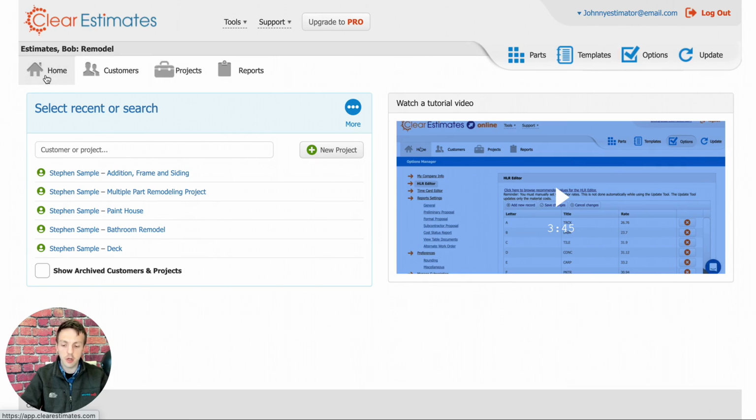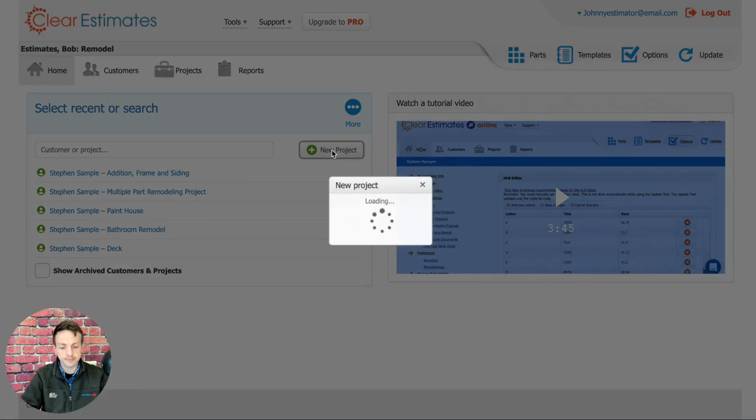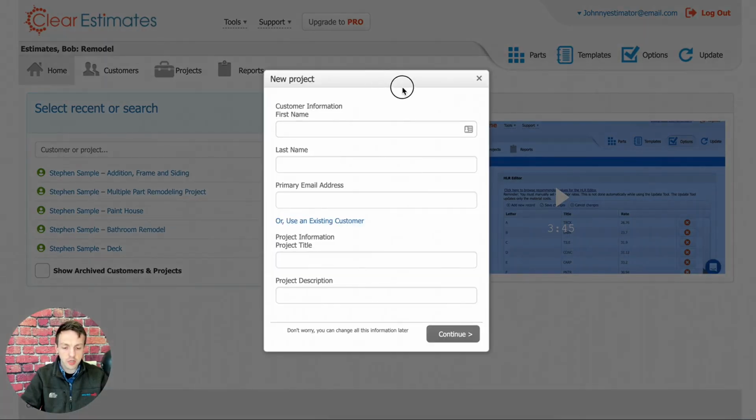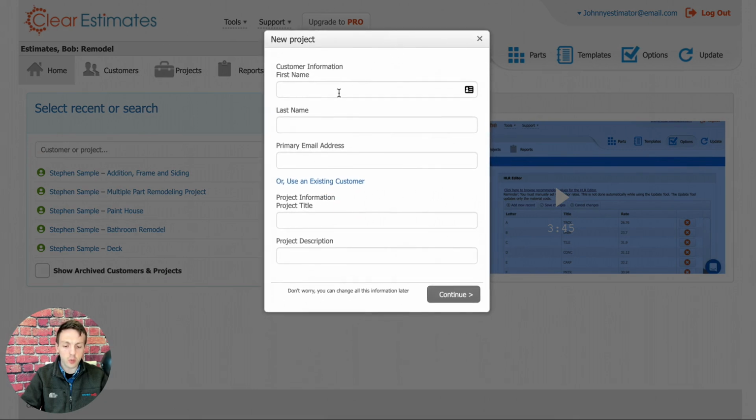So I am here on the home page, and the first thing I'm going to do when I'm ready to start my project is click New Project right here. And that's going to pull up this little window where it's going to ask us for some information. What's cool about this is that it's going to let us create a new customer and a new project at the same time. So it's just going to ask us for some information: first name, last name, primary email, project title, and description. So I'm just going to create Todd,